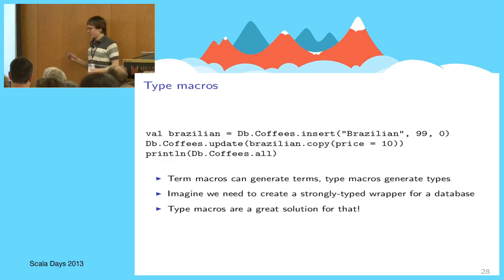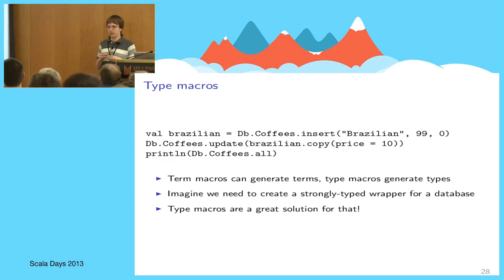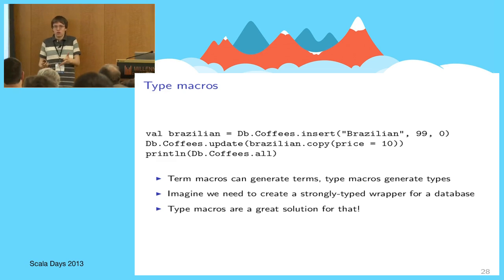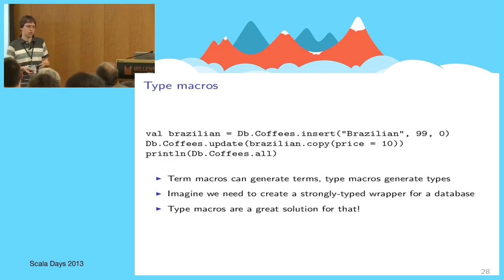All right, and the final feature of macro paradise that I'm going to be presenting today are type macros. So remember when I said that macros are not very efficient, not applicable for code generation purposes when you need to create new classes that are publicly visible outside the macro expansion. Type macros provide an answer for that, or at least one of the answers. So here's the canonical example that F# folks are also using: generating strongly typed wrappers from a database. Say you have a database, with tables, columns, and stuff, and now you want to work with it in a strongly typed manner. Well, okay, just like that.